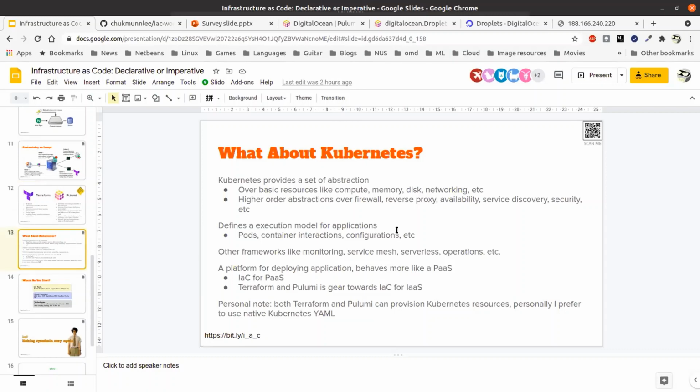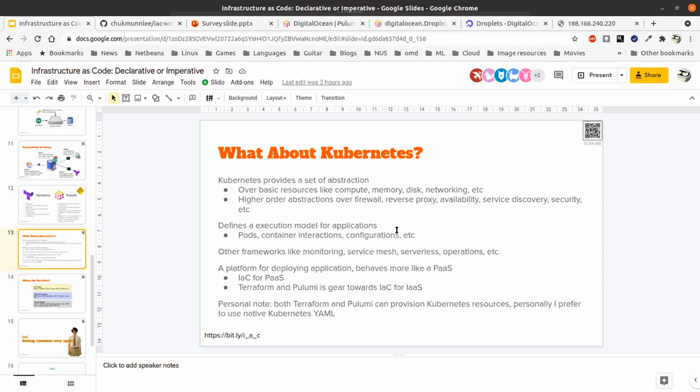It has its own concepts of memory, of firewall, and of reverse proxy. For example, in Kubernetes, the reverse proxy is ingress. So you don't really deal with Nginx or HAProxy; you just deal with ingress. Although when you deploy, you pick what to deploy, you don't have to worry about it because the Kubernetes administrator would have probably done all this for you, right?